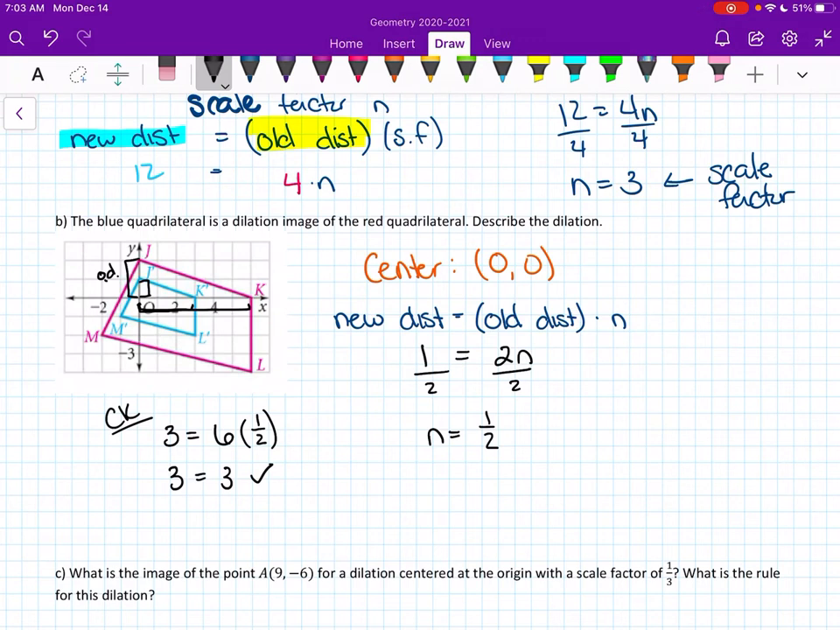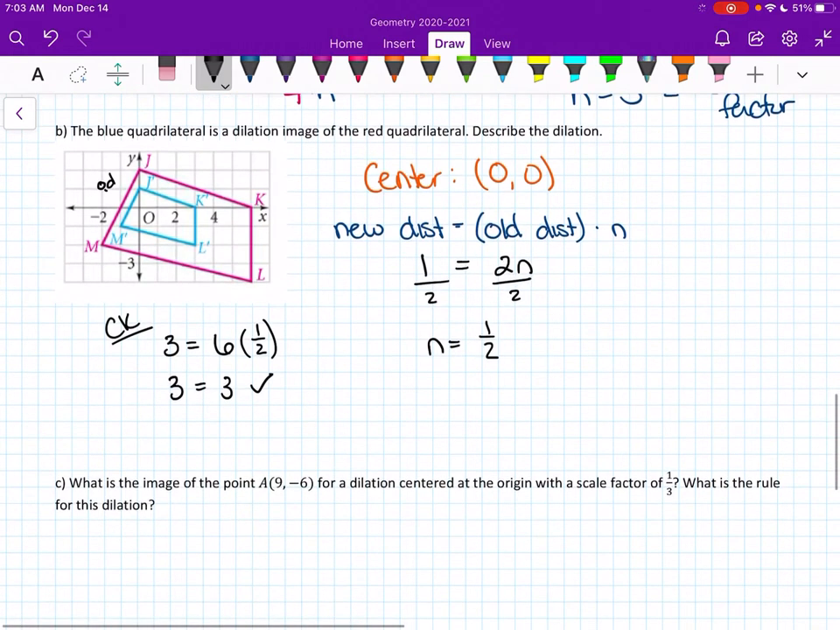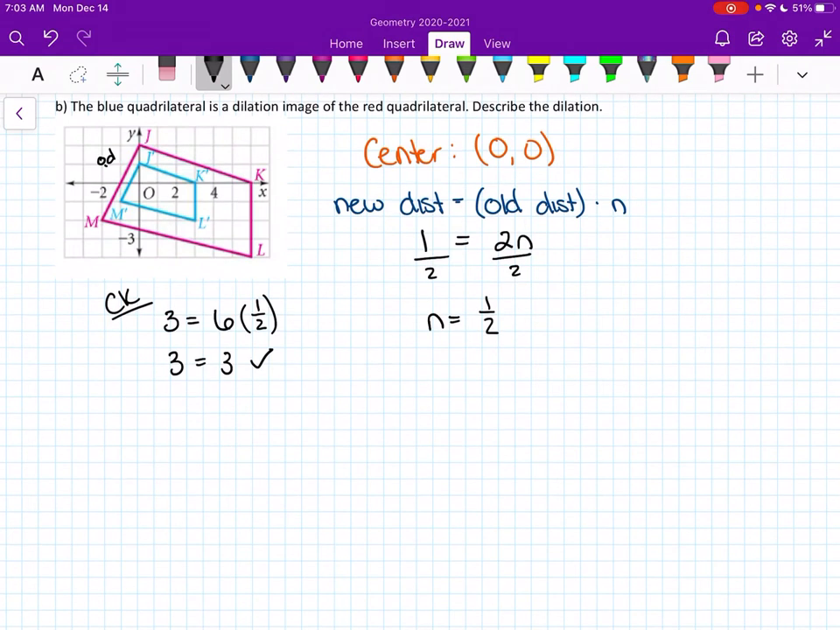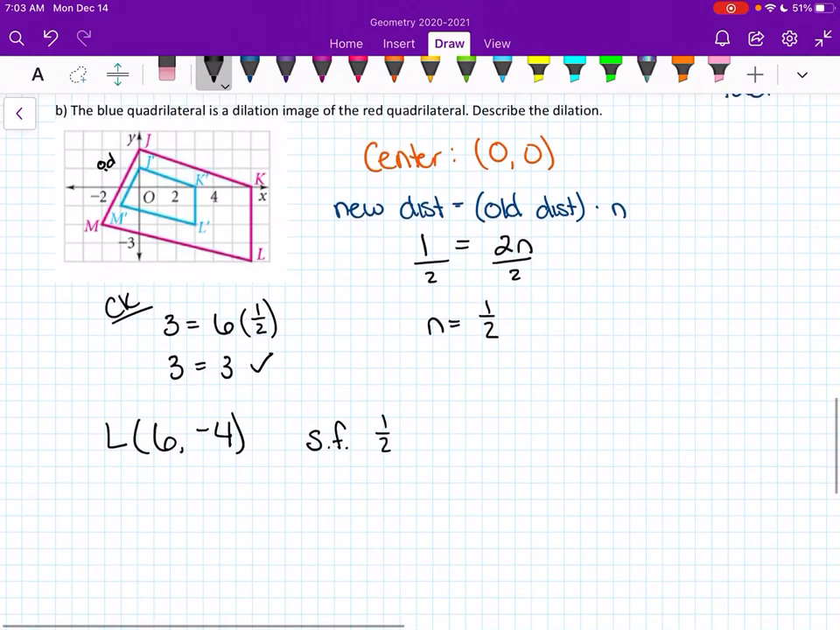And so you might be wondering, well, how do I do it if I have points not on the X or Y axis? That's a good question. So let's look at L. L is at 6, -4, and my scale factor is 1/2. So then L prime is going to be,